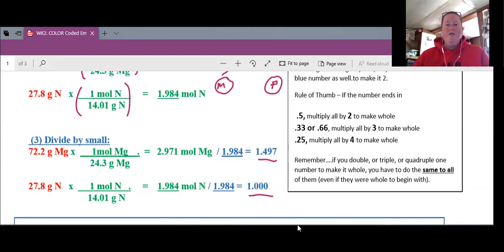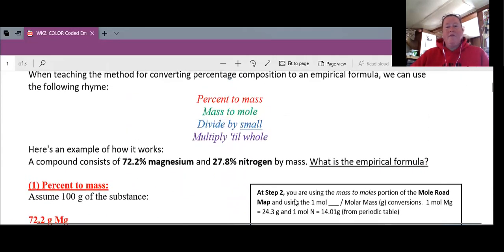Now, when you look at the answer here, you notice that this is not a whole number, and it's not close to a whole number. In fact, it's about half of a whole number, 0.5. So the next step, if we go back up to the poem: percent to mass, mass to moles, divide by small, which is what we just did. Now, if the numbers are not whole, we have to